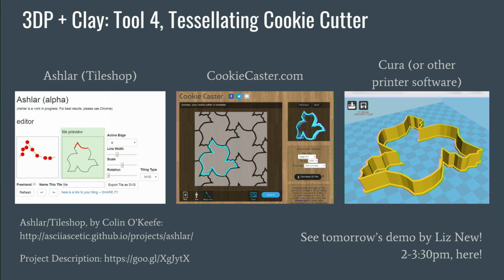Again, I'm not going to demo this. If you want to see a little bit more about that, come to Liz and Shalia's lecture tomorrow between 2 and 3:30. But this is super simple. This is an app that I worked on with a mathematician developer in Kansas City. I tried to teach tessellation using Rhino, and it was impossible. I tried to teach tessellation doing it by hand, and it was painful. But he created this app that is super, super simple, and you just drag a line and pick what type of tessellation that you want to do, and it creates a full pattern for you, just right there,